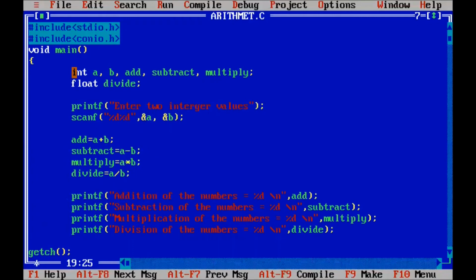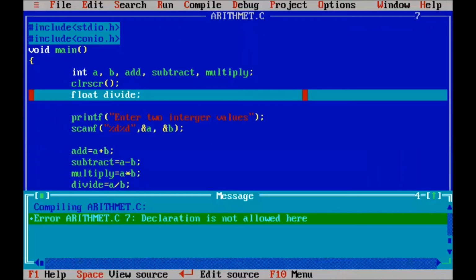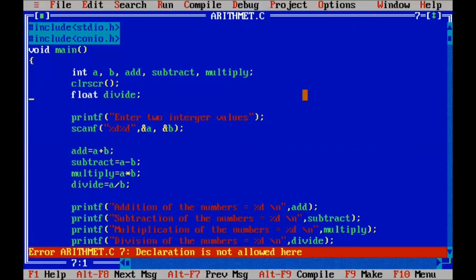Here we also use clear screen, clrscr. Okay, so we have completed this program. We once again save and compile the program. Okay, one error: declaration is not allowed here.